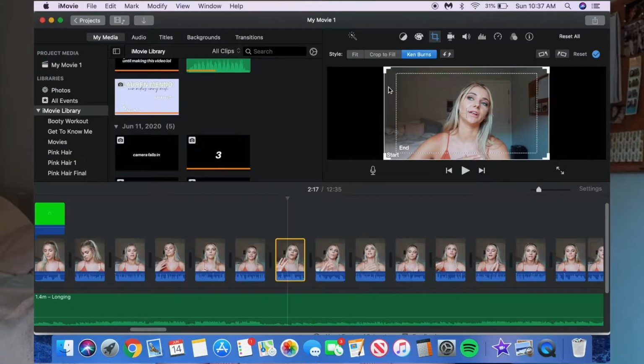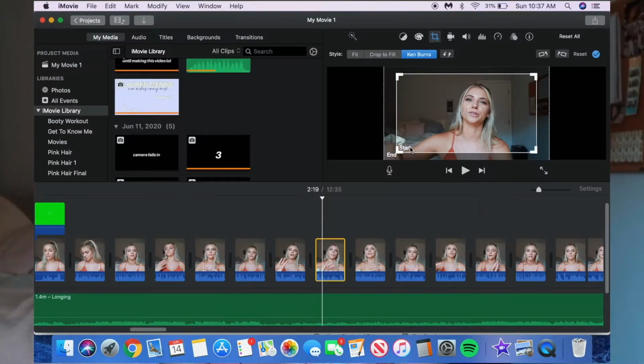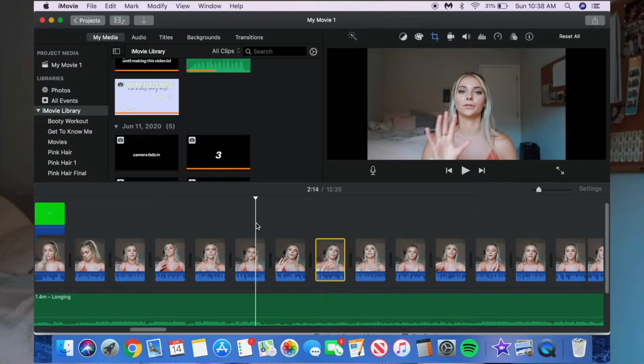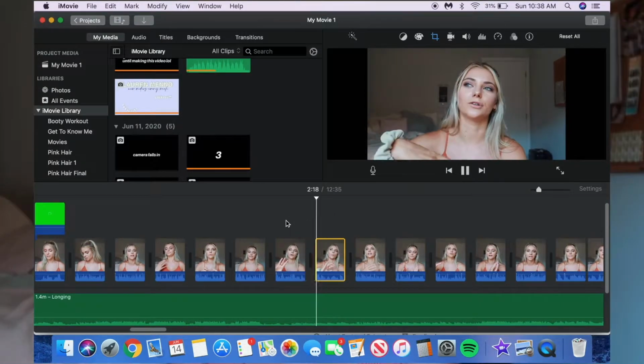Now, something I like doing with Ken Burns, if I'm comparing something or if it just fits and works with whatever I'm using, is going in and then going right back out. Basically all I do is I select one clip and I put the Ken Burns effect, just the automatic one, and then the next clip over I do the same thing, but I just hit the little arrows at the top next to Ken Burns. That way the start and end screen are flipped, so instead of starting really wide, it'll start small and move backwards. So in total it'll go in and then out. But yeah, I really like how that looks, and it's super easy.